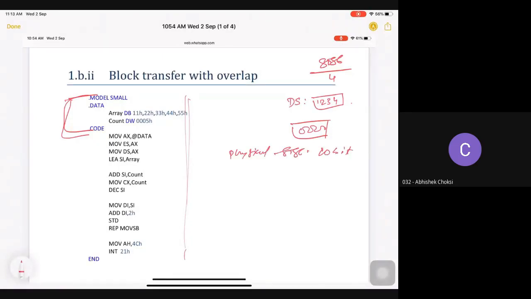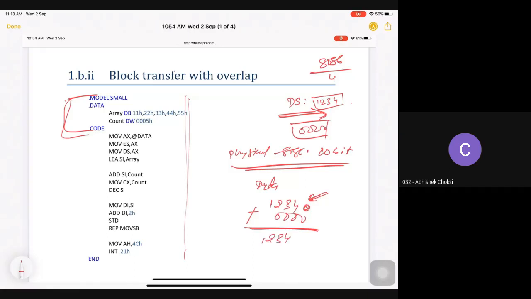So if I want to access anything from my data segment, I take the value of my data segment register, 1 2 3 4, and add a 0. This is called the hardwired 0, plus offset 0000. So I will get 1 2 3 4 0. This is the physical address where my data is actually stored.